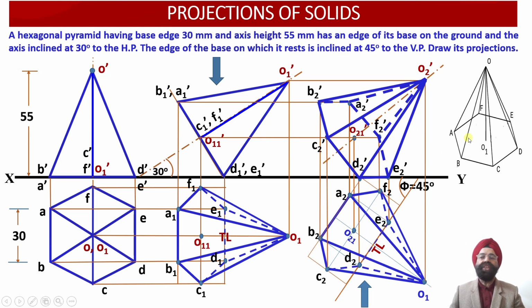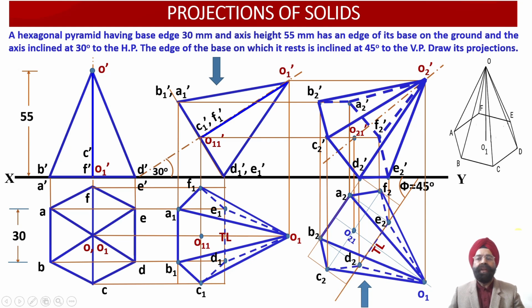So this way we have been able to obtain the orthographic front view projections as well as the top view projections of an oblique hexagonal pyramid which is resting on one of its base edges on the ground with its axis inclined at 30 degrees with respect to the horizontal plane, and the edge on which it is resting on the ground or the horizontal plane is further inclined at an angle of 45 degrees with respect to